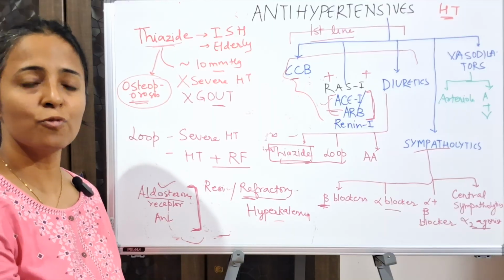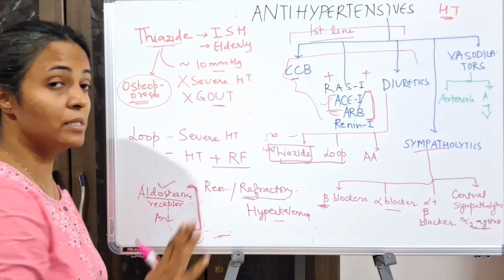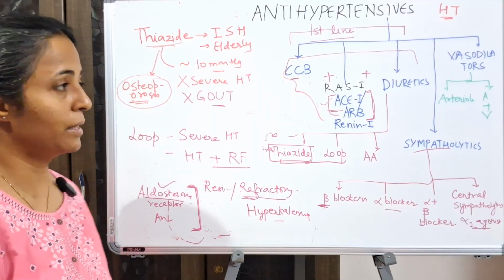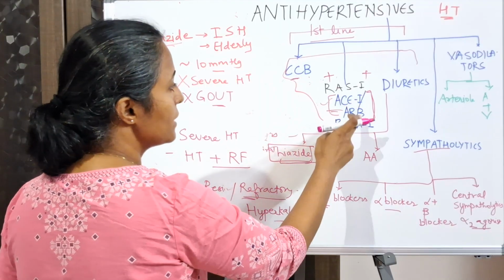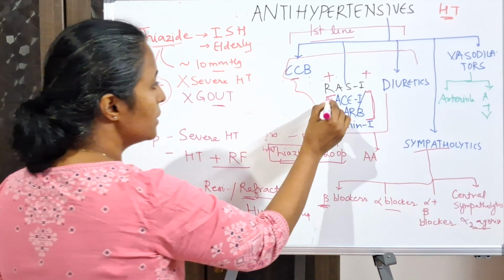Potassium is not being lost from the kidney. So if you are combining these two, then potassium levels can increase dangerously. So it is very important to monitor for hyperkalemia. Okay, when I talked about ACE inhibitors and ARBs, just one thing you remember here, that the side effect of